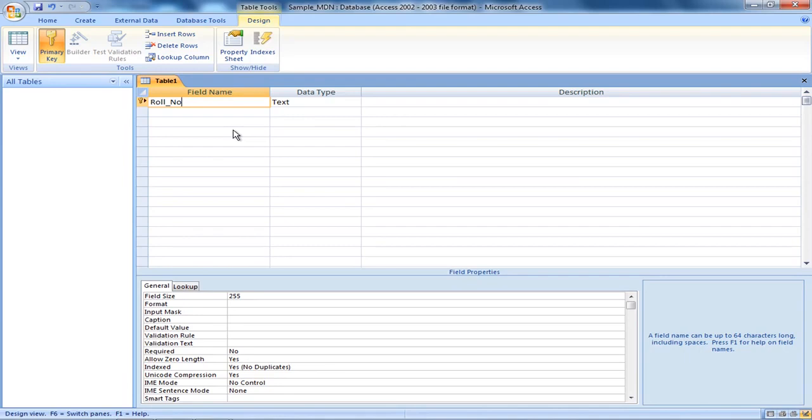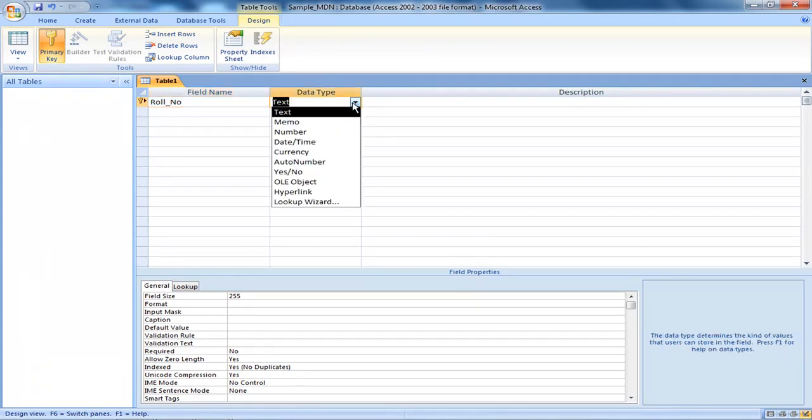It could be alphabets and numbers together, it could be only numbers, that depends. You have to think. Now as a database developer, you need to be very flexible. Suppose you are developing this and giving it to an organization, you do not know what type of data they will want to enter. So usually they prefer, like if I give S and then a roll number, so one alphabet is there, so it is better we choose text for the roll number.